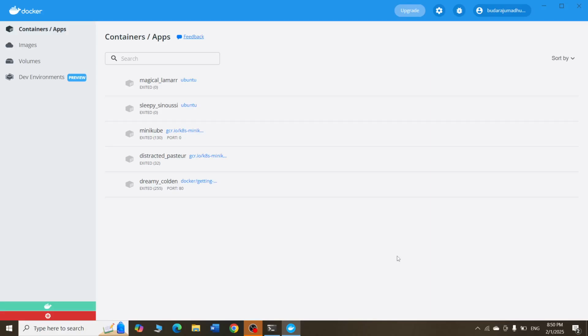Hello everyone. In this session, I will show you how to use Ubuntu in Docker. So basically, when we want to run Linux programs on Windows or Mac operating system, we have a problem. What is that problem? These operating systems do not support Linux commands, nor the system calls of Linux directly.